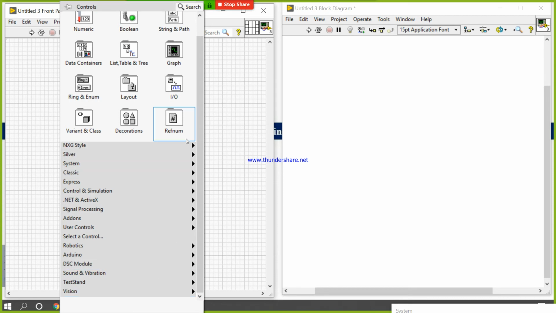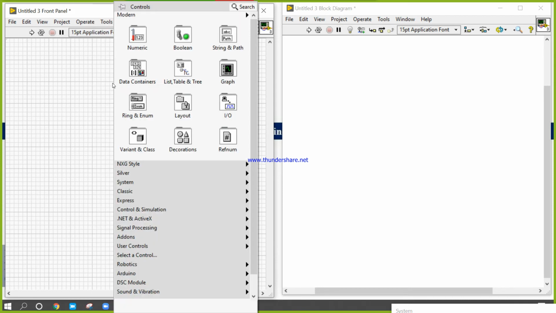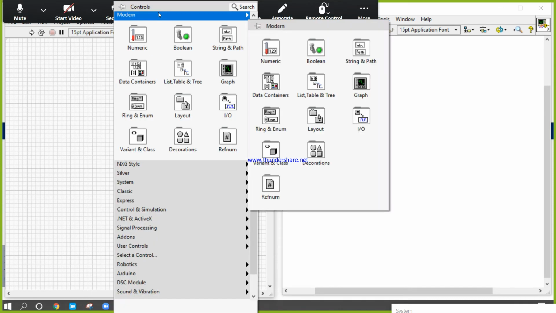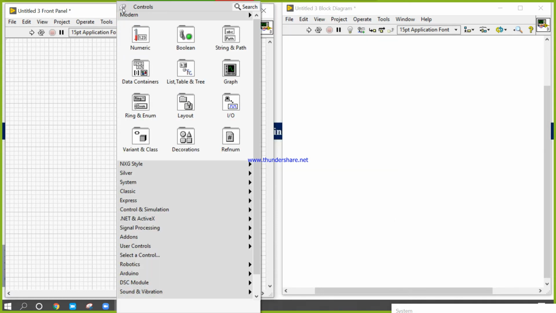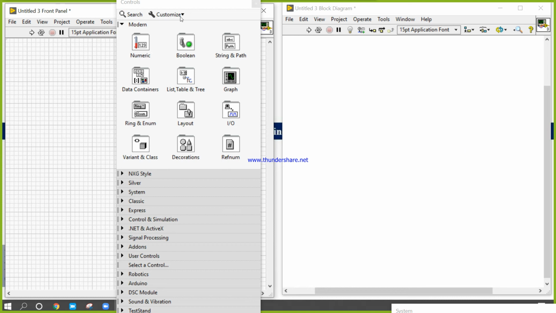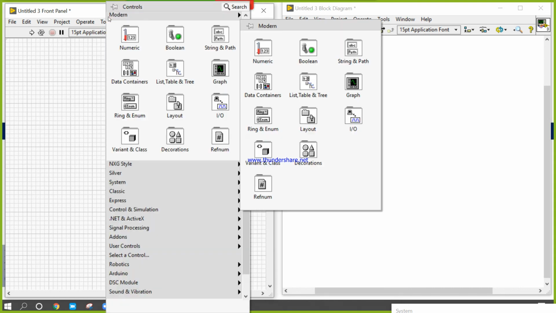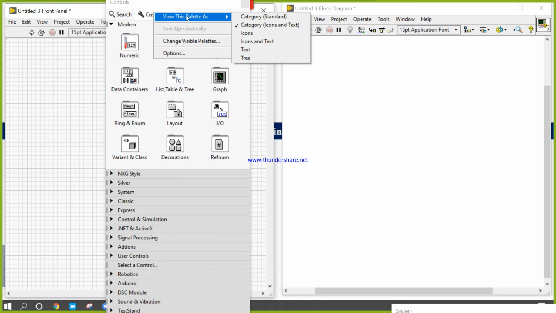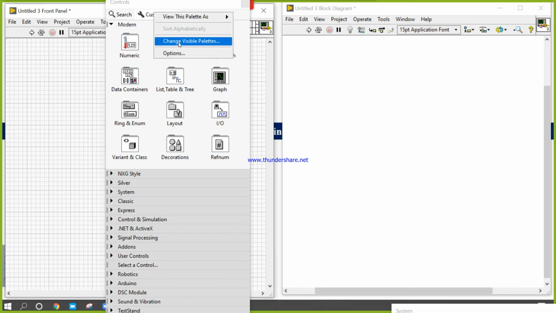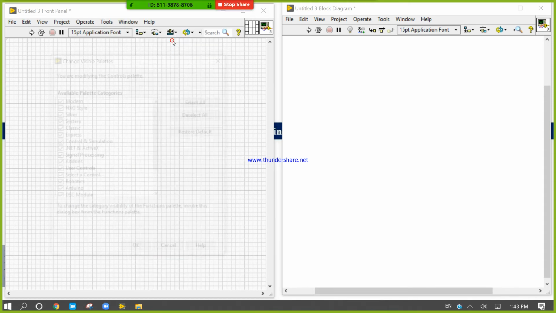If you do not get it, there is one more option. Right click here, pinning. Now customize. Right click, pin here. Now customize. In the customizing, change visual palette. Click on the option. Click here, change visual palette.